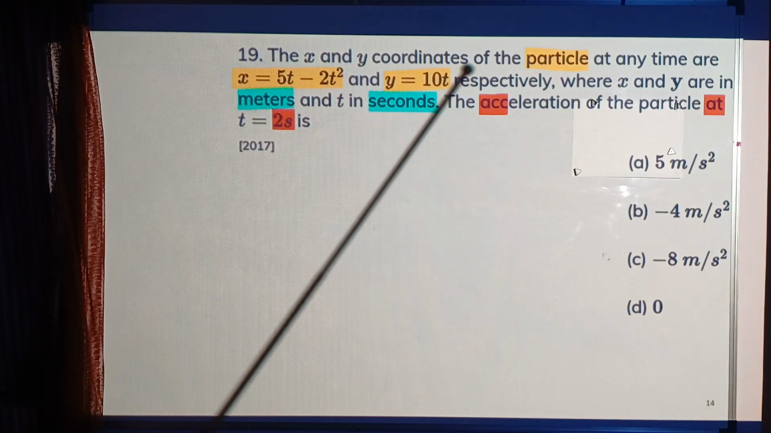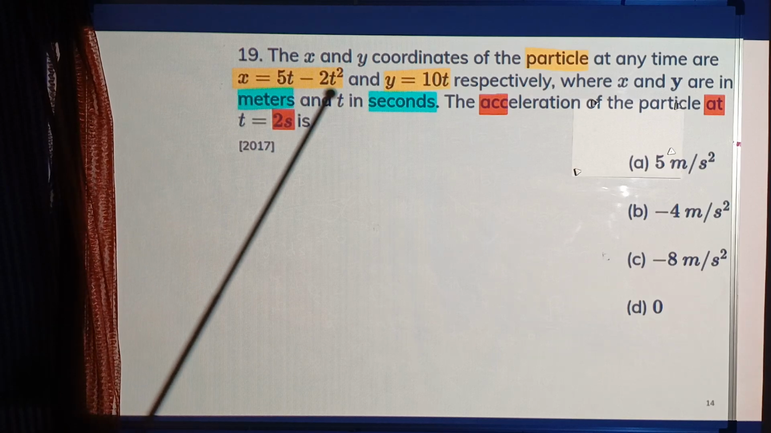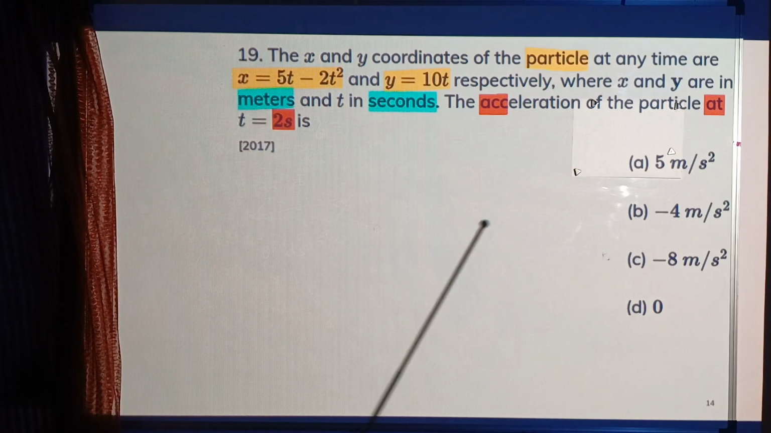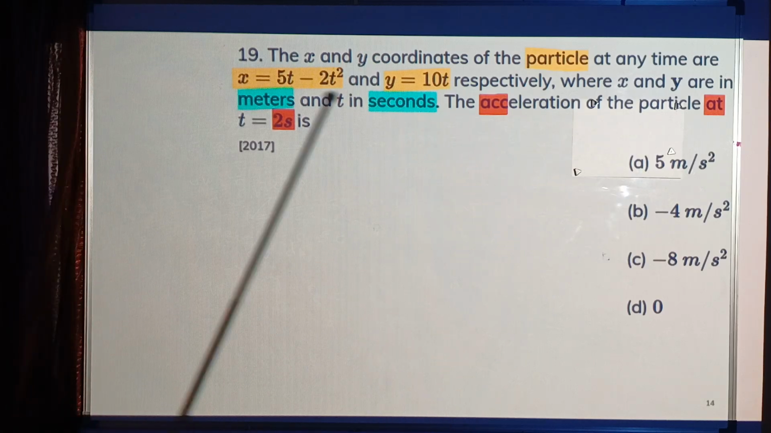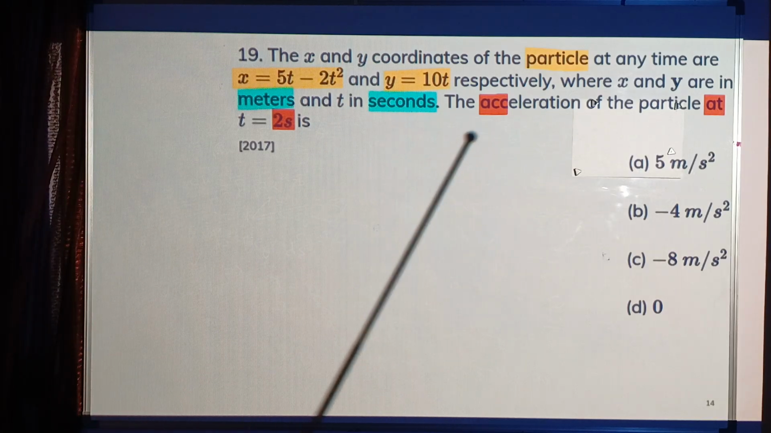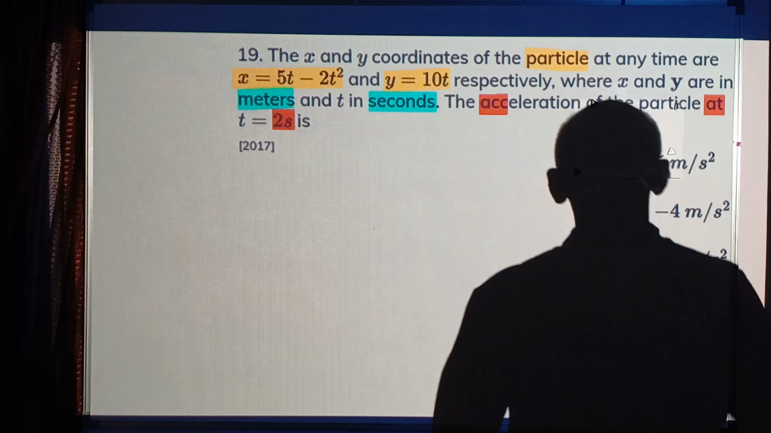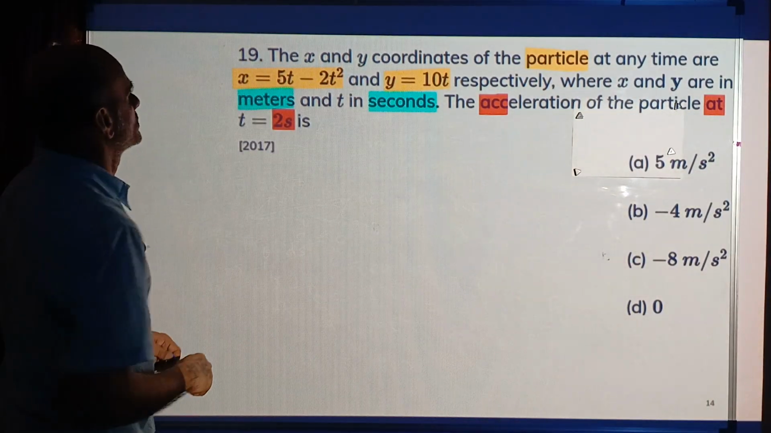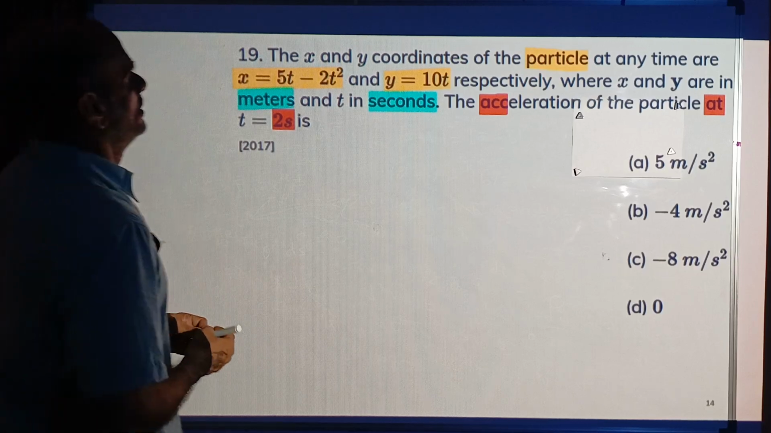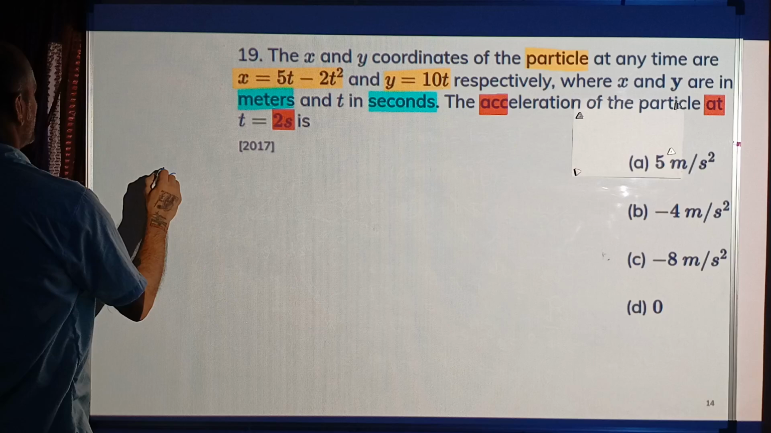The x and y coordinates of a particle at any time are x = 5t minus 2t square, y = 10t respectively, where x and y are in meters and t in seconds. The acceleration of the particle at t equal to 2 seconds is. Simple question. So x and y is given. Position of the particle